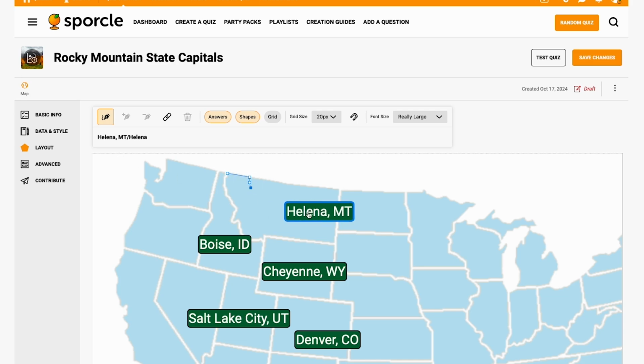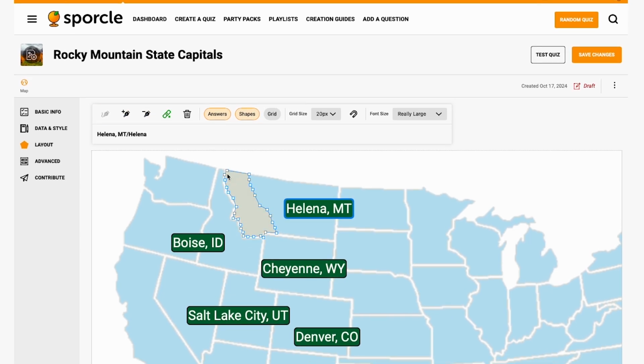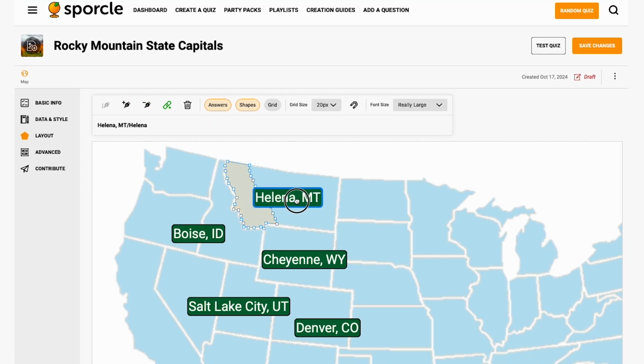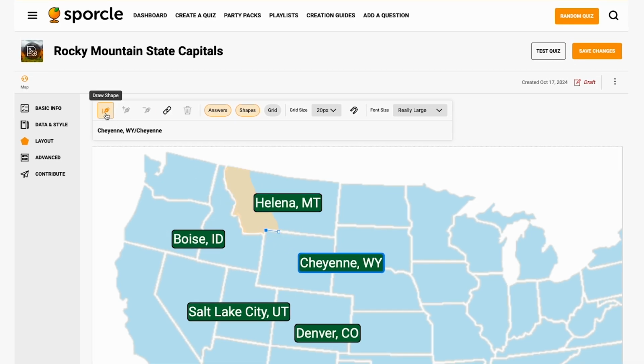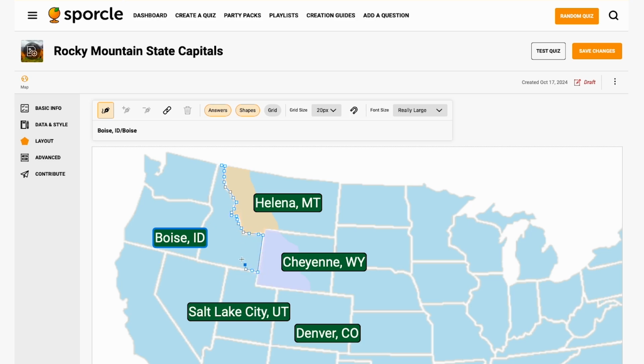Now I'm just going to go ahead and try to replicate the general appearance of the Rocky Mountains by adding in point by point. As I'm doing this, I can move the answer label around to get a better look at what you're dealing with. The more points you add, the more complicated the shape can get, the more curves, the more definition you can get with your shape. But you can be as precise or not precise as you want, depending on the overall look you want for